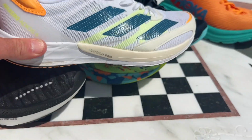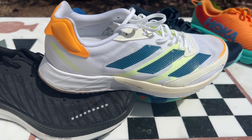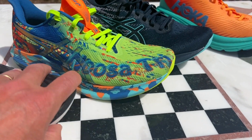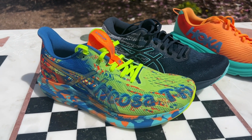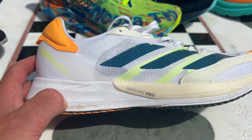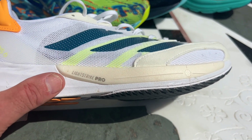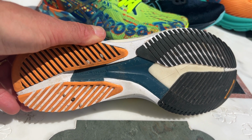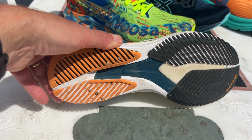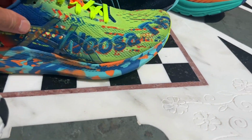Now moving on to the Adios. Now the Adios is the heaviest shoe here at 8.6 ounces with its 32.24 stack height. It kind of has two personalities compared to the very smooth running Guide Sole, all Flight Foam, that just kind of rolls along, but there are some similarities. With the Adidas, we have very firm, or really quite firm, Light Strike at the heel, and then an insert of Light Strike Pro, their super foam, up front. And then, as I said, we have a torsion system here, and so this is the most stable shoe of all of them. The Asics aren't far behind, and it also has a very similar kind of flex point to our Noosa Tri here,